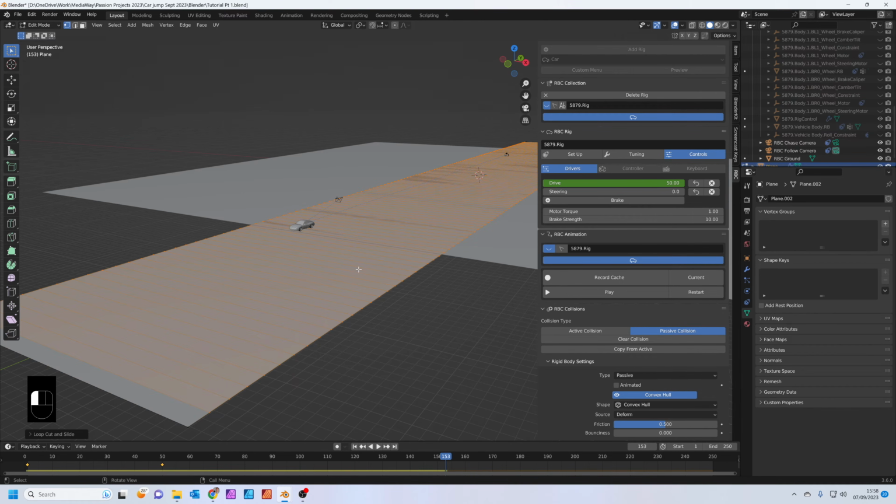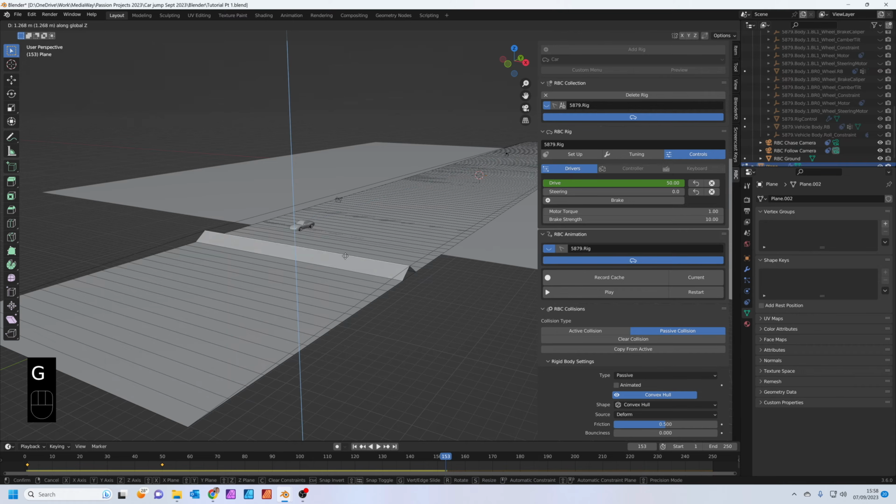Now select one of them, press 2 on your keyboard, select this one, and press G to grab and Z to move in the Z axis. In fact, let's have proportional editing on. Click that one on; the shortcut key is O. Press G to grab and Z to move in the Z axis, and then scroll your mouse wheel to make that bigger. Let's make it into a ramp.